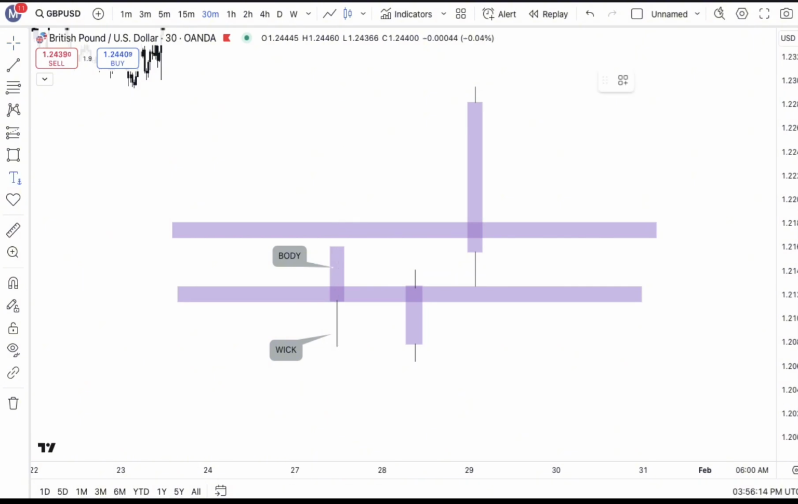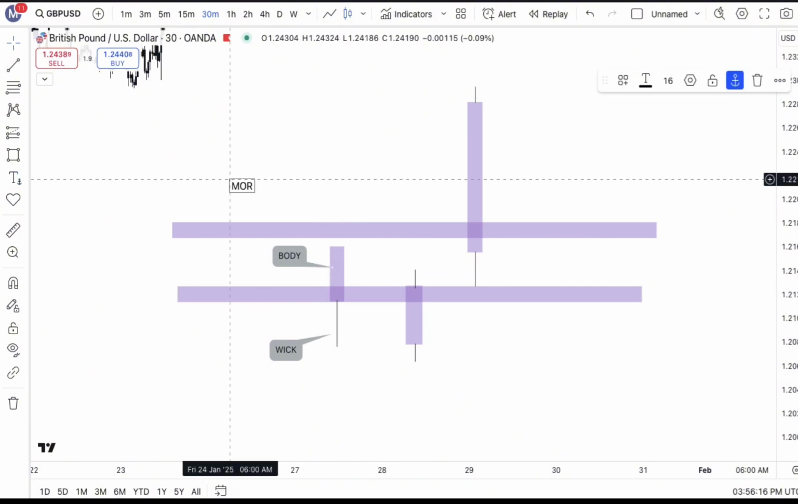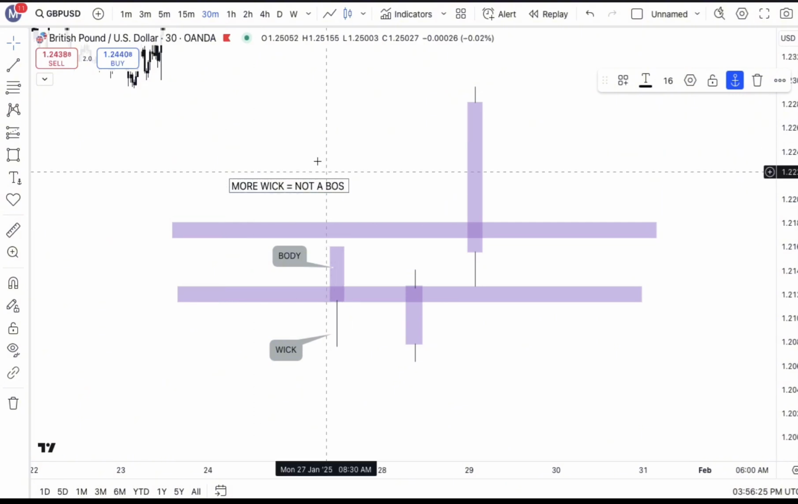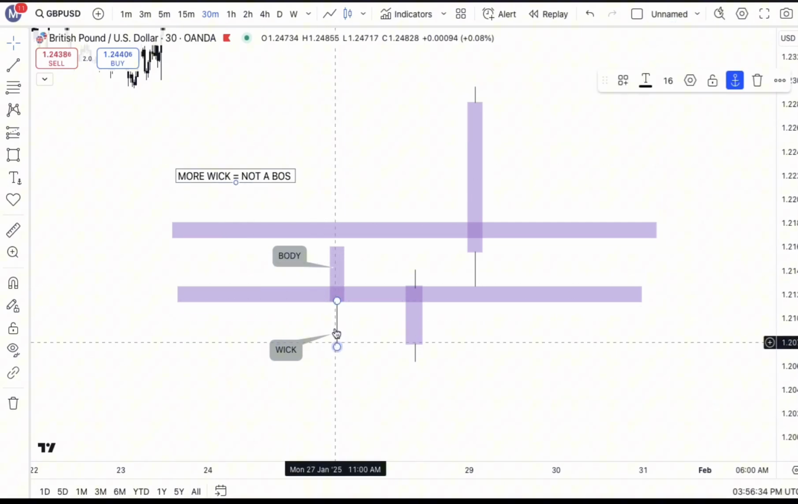I really want to write that down because this is so important. More wick equals not a break of structure, okay? In other words, BOS, okay? So if we see more wick than candle body breaking a zone, we cannot classify that as a break